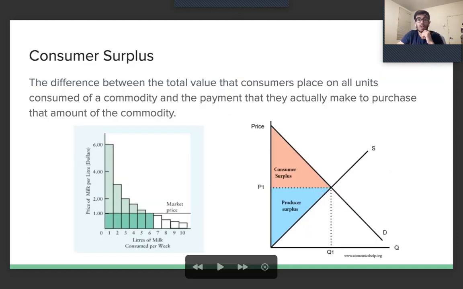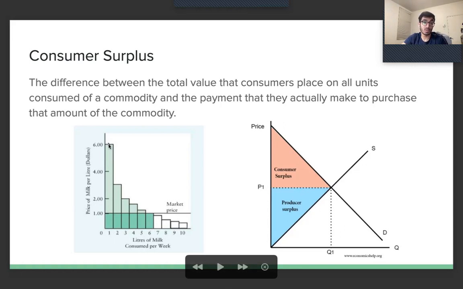Okay, now let's talk about consumer surplus. Consumer surplus is just the difference between the total value that the consumer places on all units consumed. Let's say on the graph here, the market price is $1. Think of that as P1 here. But for all of these quantities,